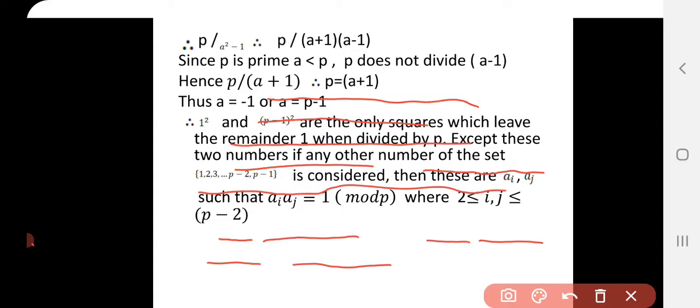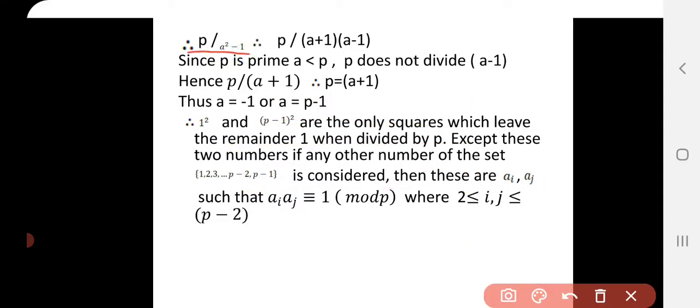Therefore p divides a squared minus 1, or p divides (a plus 1) times (a minus 1). Since p is prime, p divides a minus 1 or p divides a plus 1. Thus a equals 1 or a equals p minus 1. Therefore 1 squared and (p minus 1) squared are the only squares which leave the remainder 1 when divided